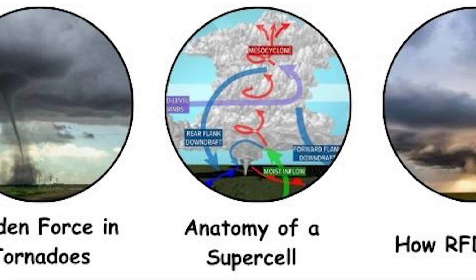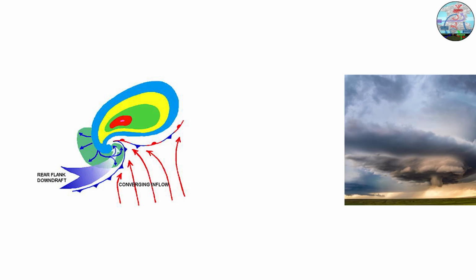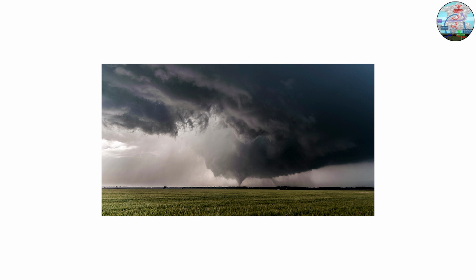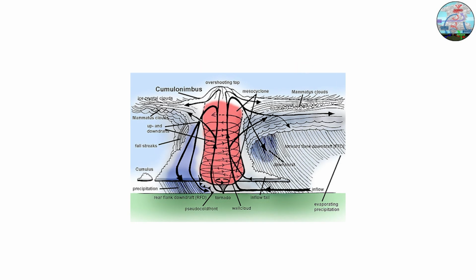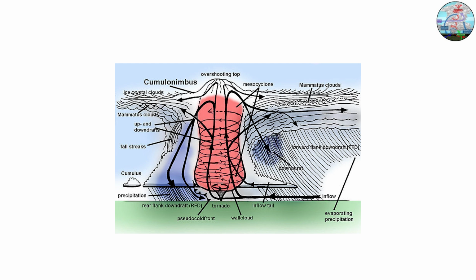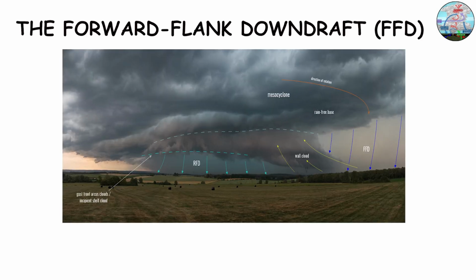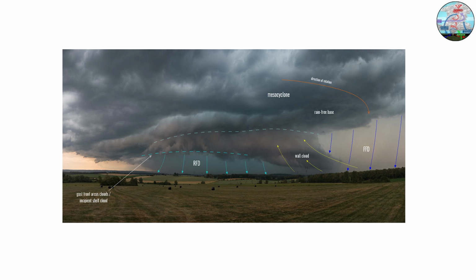Anatomy of a supercell. To understand the RFD's role, we need to zoom out and look at the storm that creates it, the supercell. Supercells are the kings of thunderstorms, towering tens of thousands of feet into the atmosphere. They contain three main moving parts: a mesocyclone, the rotating updraft at the storm's core, a column of rising, spinning air that stretches toward the stratosphere;